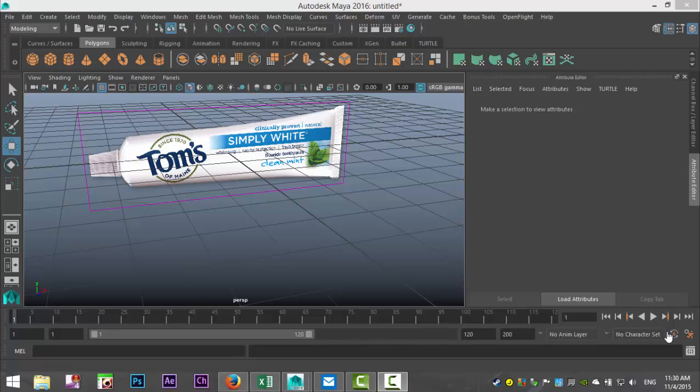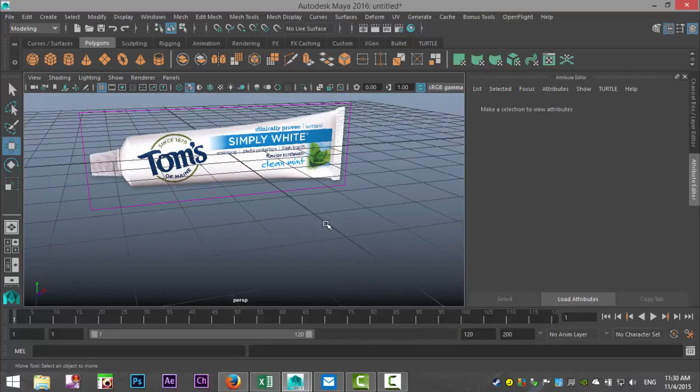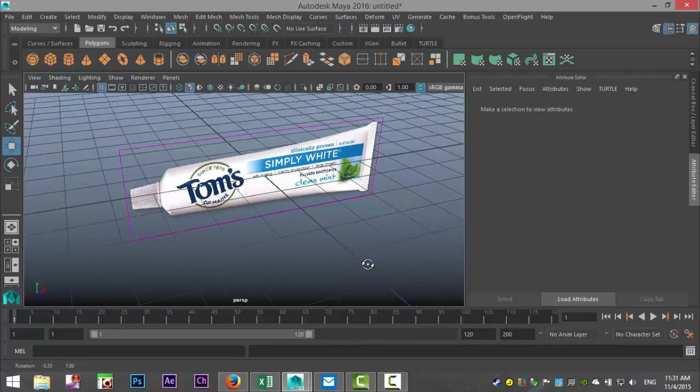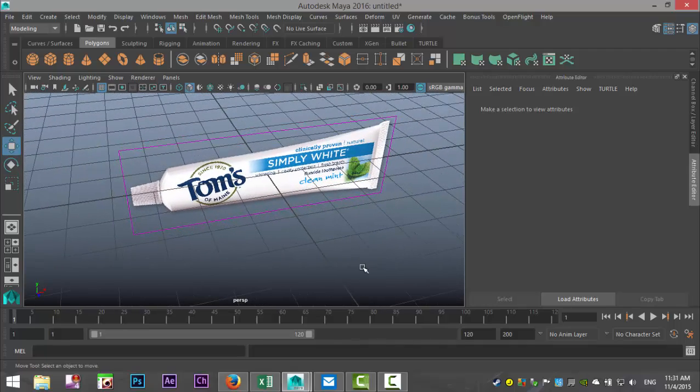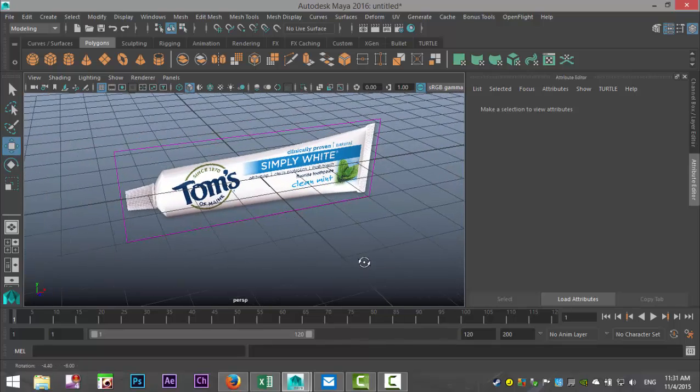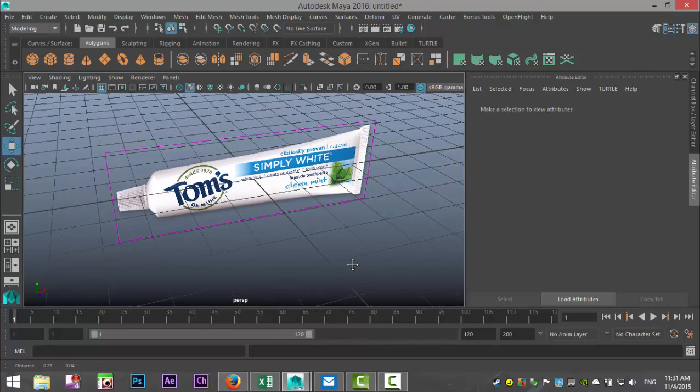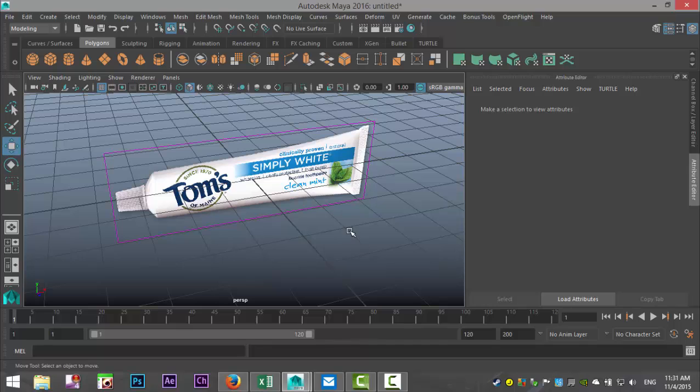Alright, well today we're going to do a request from Allison and she asked me, can you model a tube of toothpaste? Okay, so that's what we're going to do. Now this is actually a bit tricky because of the way the shape develops as it moves down the tube. There are a couple of ways you can do this. You can use NURB circles and loft it, but that doesn't turn out very clean. So we're just going to use a basic polygon cylinder.